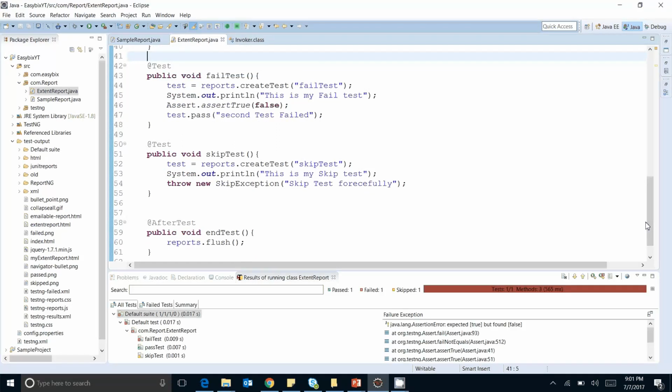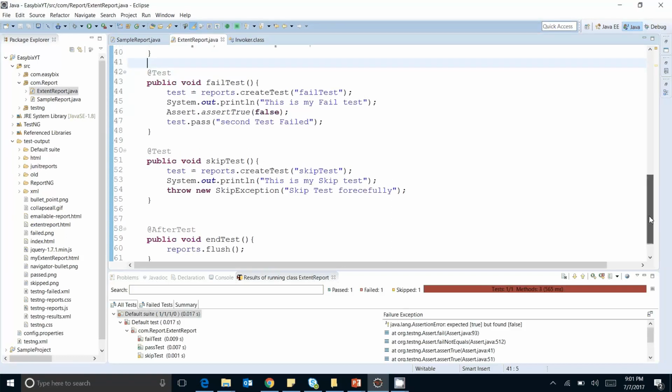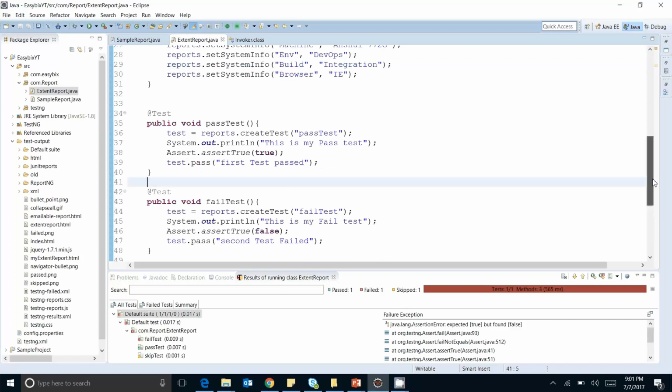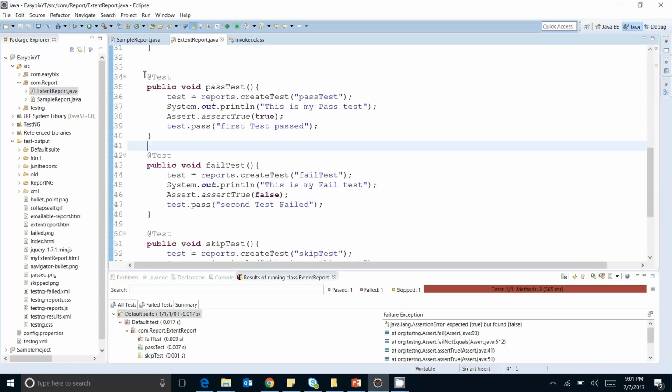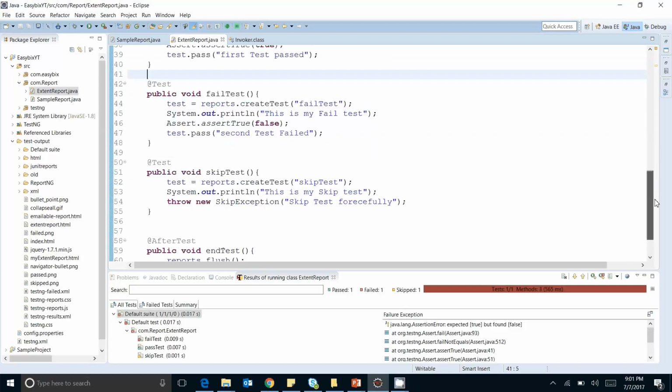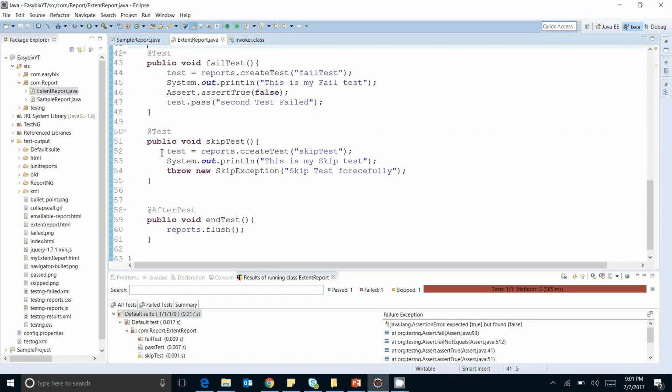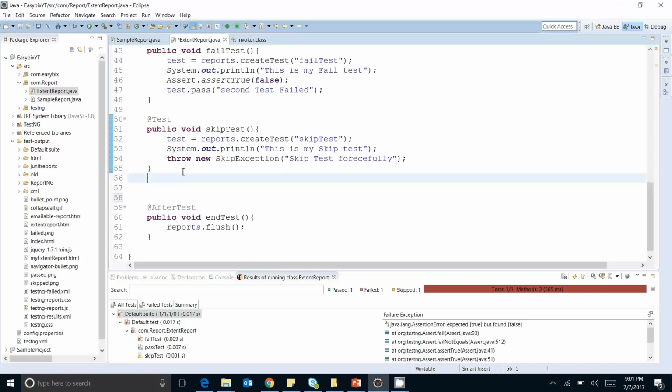Obviously a lot of people are using this library, so the extent report is working fine on their end, and we have missed something. What we have missed is to tell the test case result to the extent report. We are executing the test case, we are creating the test, we are passing the log level, but we are not telling the result of the test case to the extent report. So how can we do that?